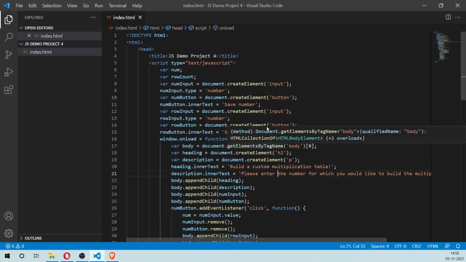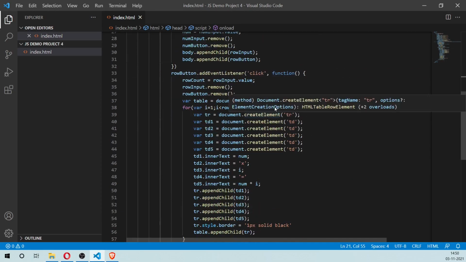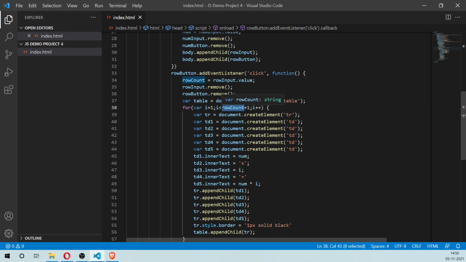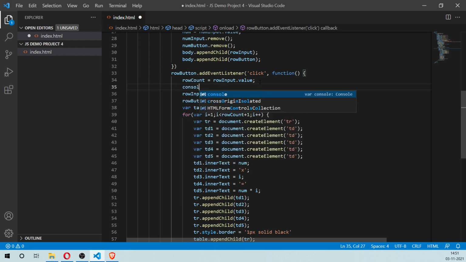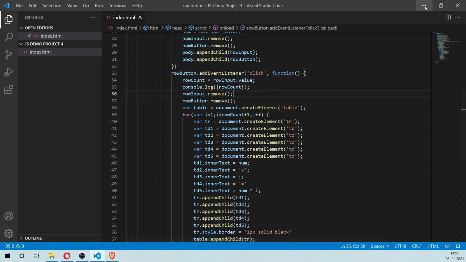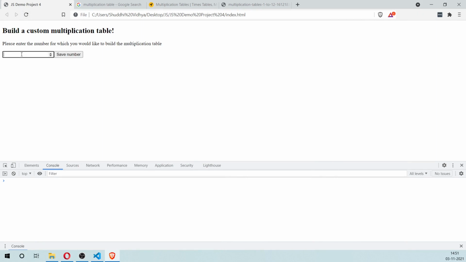Let's go over the code line by line and see where we went wrong. So we're creating the table and then we're creating the for loop, and here we are getting the row count. Let's leave that console log statement. Okay, so let's save this and get the console log one more time.